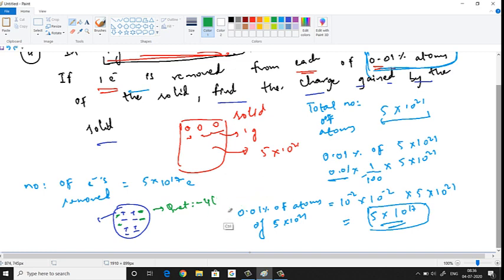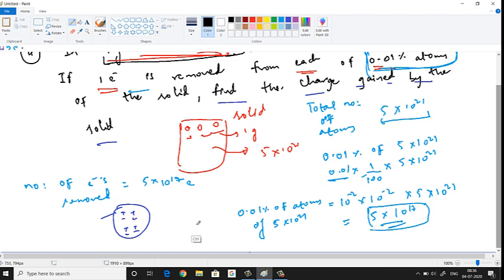If it was plus, suppose if the situation is like this. So how many plus signs we have? Only plus signs. Plus 2. So this became 0. This became 0. And here we have plus 2. So plus 2 into, what is the charge? 1.6 into 10 power minus 19 coulomb. So that will be 3.2 into 10 power minus 19 coulomb.